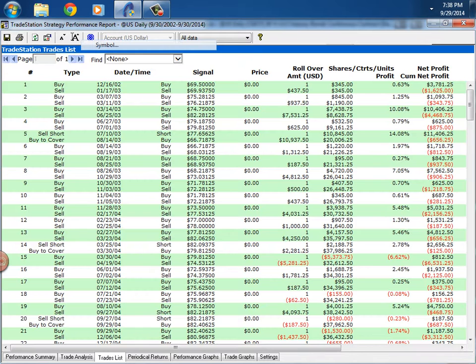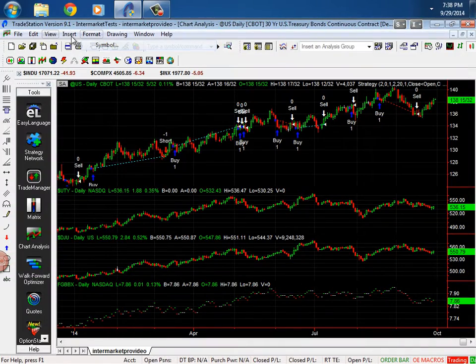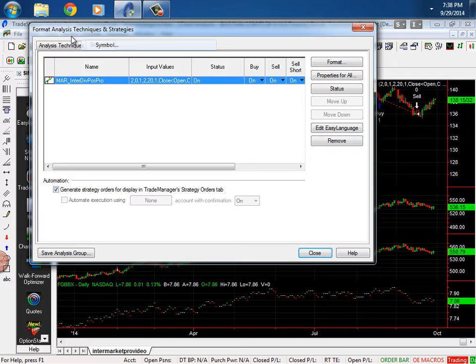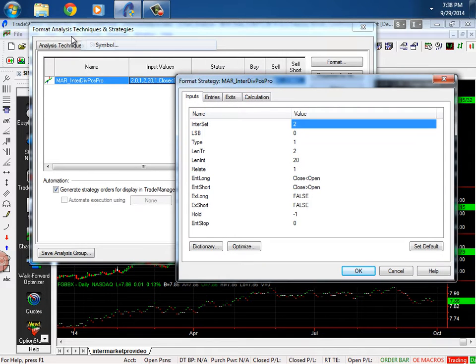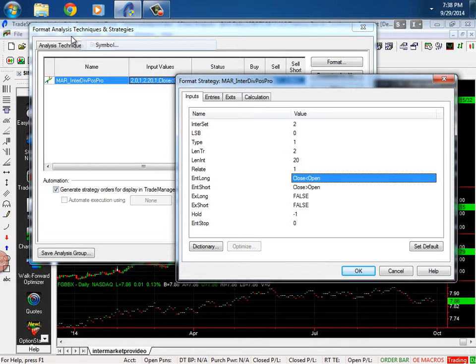Our first trade is in 2002, with 12 years of data we're optimizing over. Now, one of the things, and this is why this tool is so powerful, is let's go back here. Now, what we know about bonds is there's a seasonal weakness period in bonds, which is February